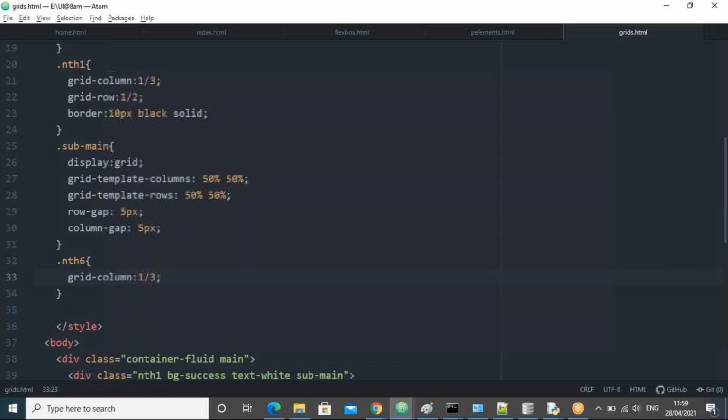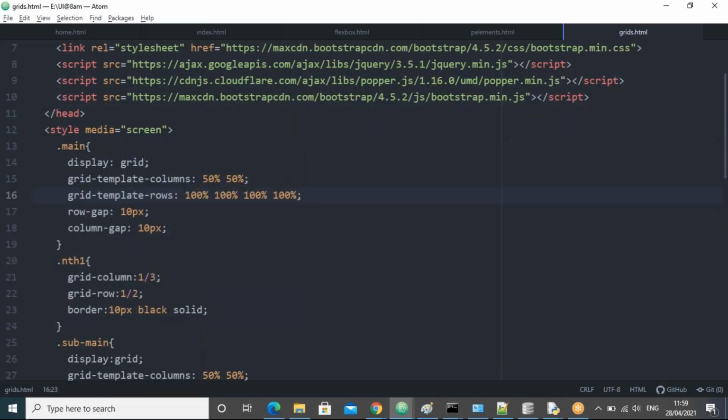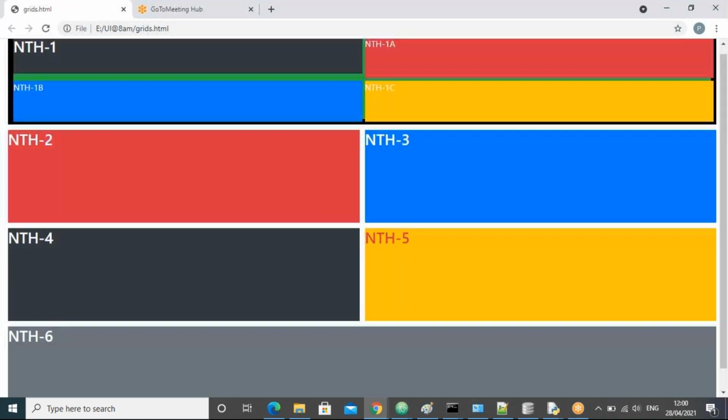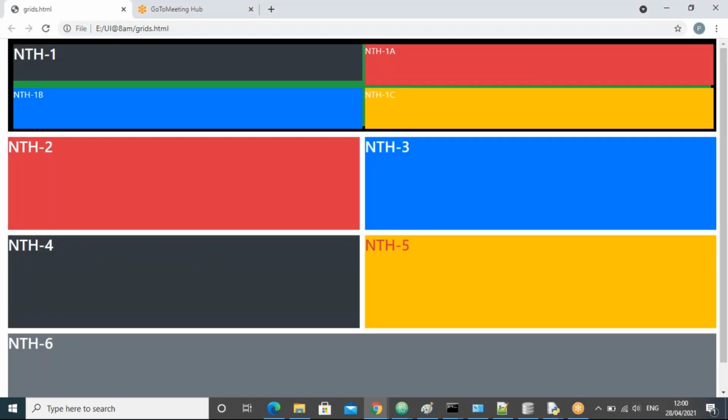If you take small sizes, guys, for the main grid, suppose you take 70 percentage, for example, I'm trying to fit everything on a single page. We can take the fraction also. Let's try 70 percentage. Now all of you observe.